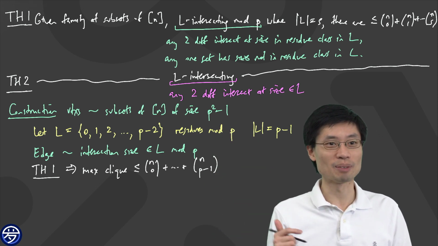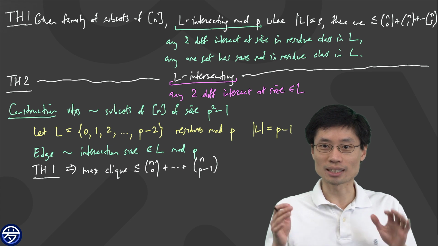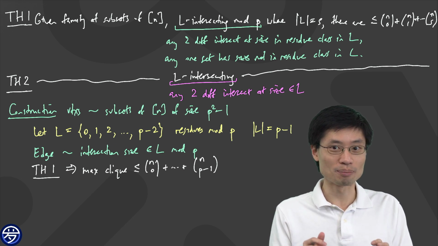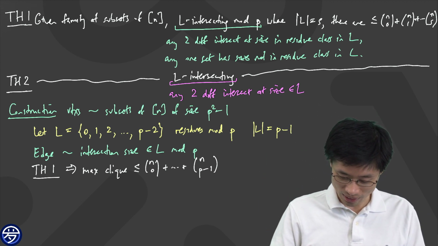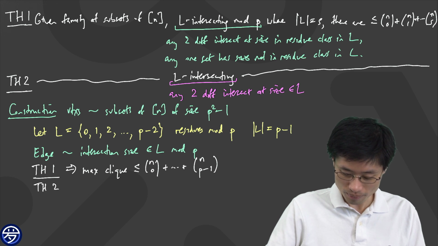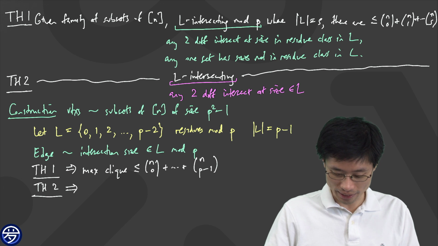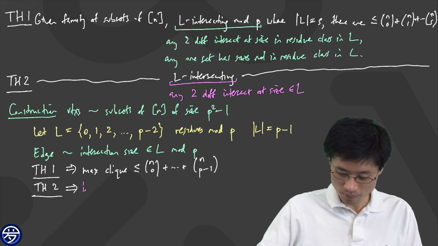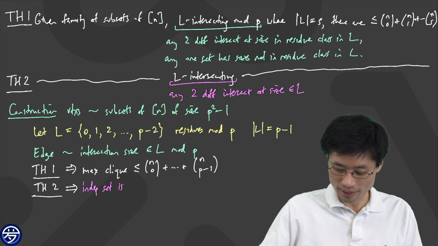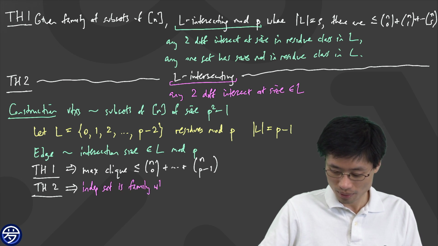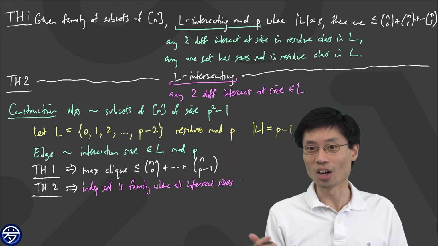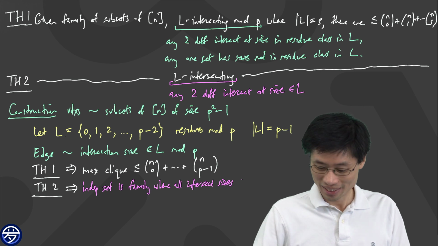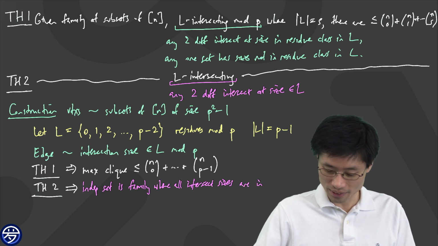The reason why it was p squared minus 1 is this: what's an independent set? An independent set means that the intersection size happens to be minus 1 mod p. But that's why we have p squared minus 1. There's like p of those choices. Do you see? So for Theorem number 2, what I have here is that the independent set is a family where all intersection sizes happen to be, well, whatever is left: all the things which are minus 1 mod p. And so all intersection sizes are in the set.